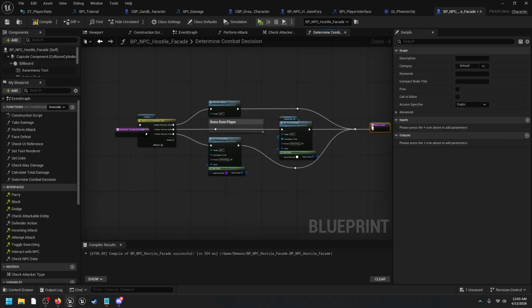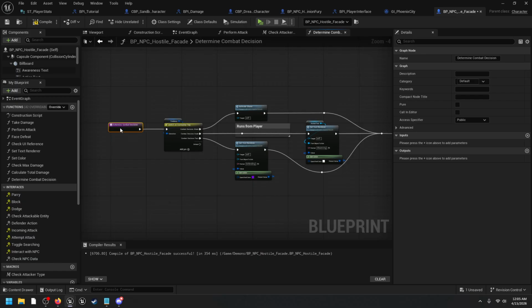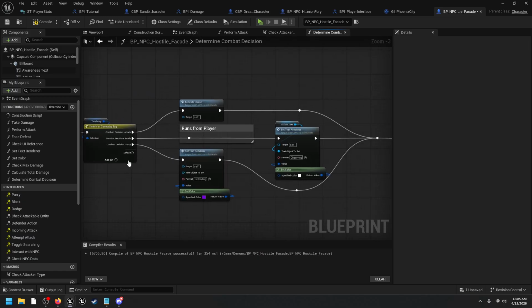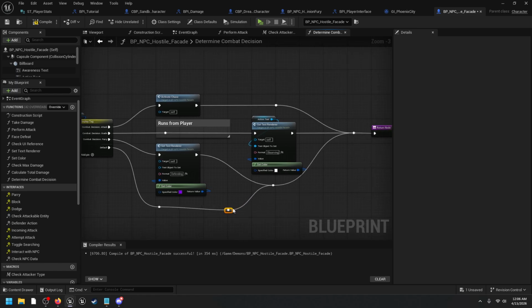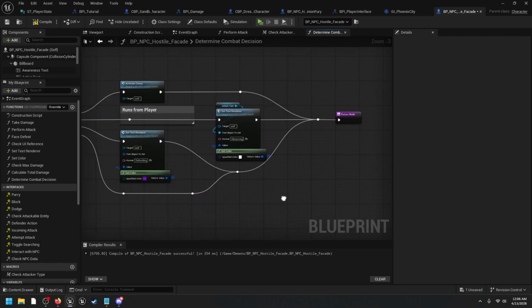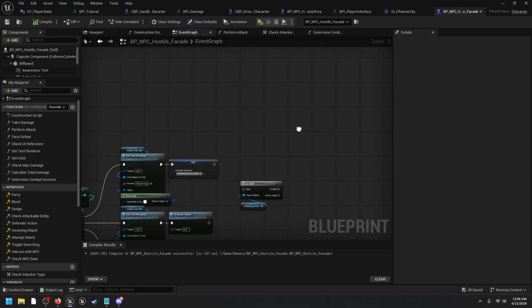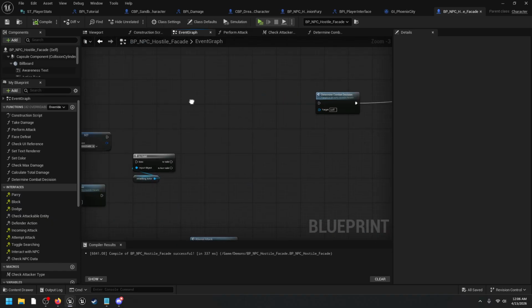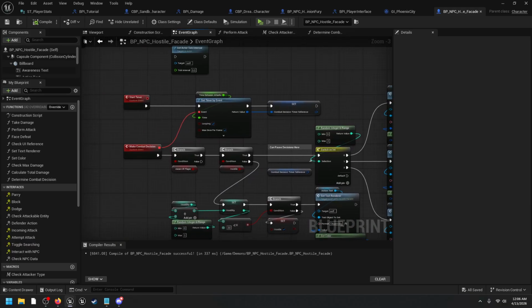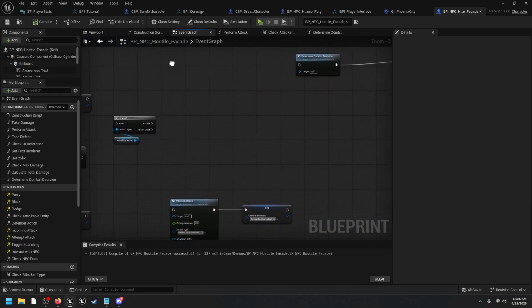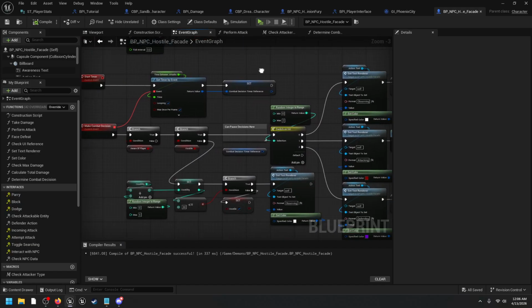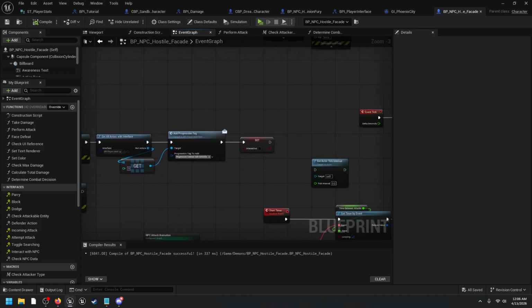And return node, just to be safe. Okay. Okay. So